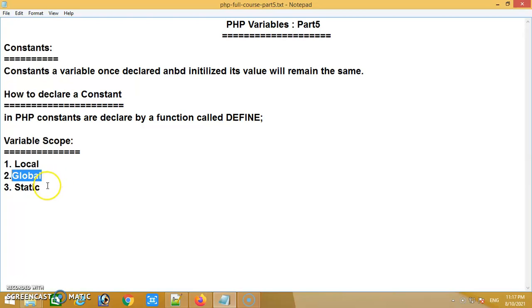Okay, and the static is some declaration of variable like